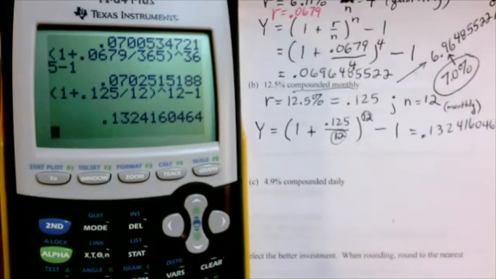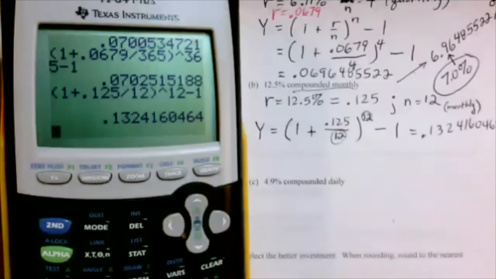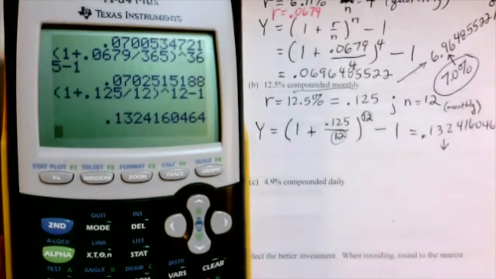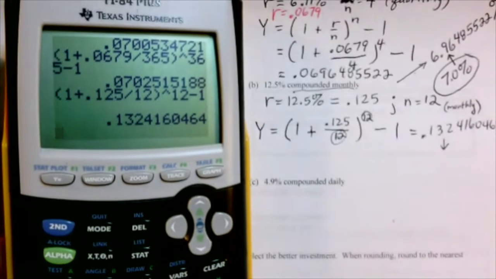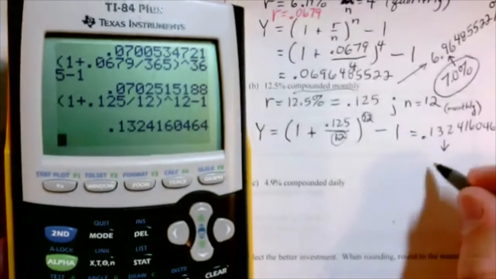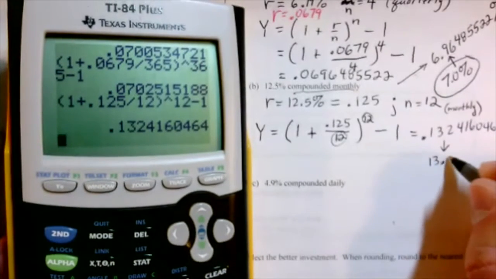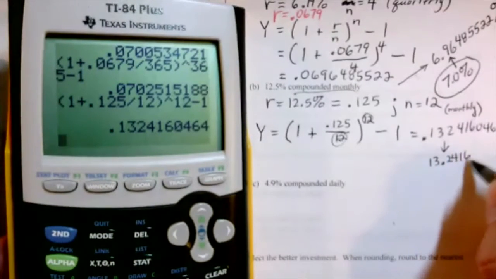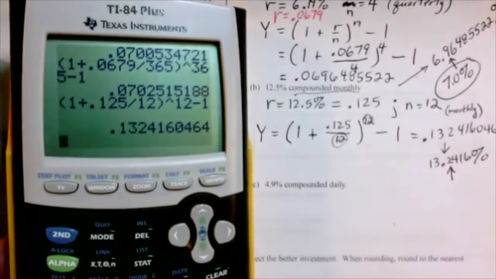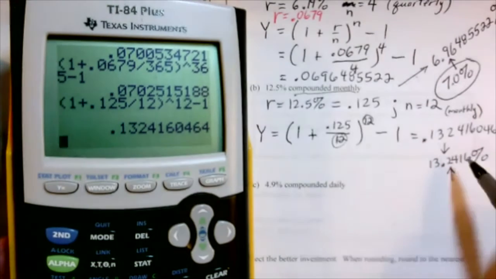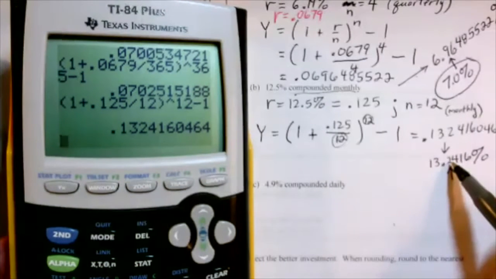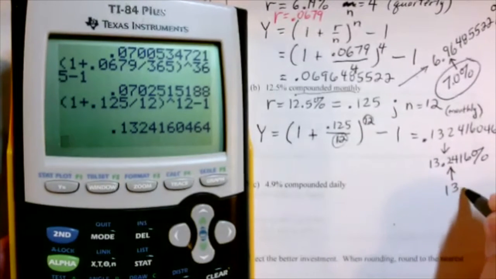All right, now remember, there's nobody going to be there that tells you that you have to convert this back to a percentage, but usually we want our interest rates. And Y is an interest rate. It's just kind of the annual simple interest rate. 13.2416%. And then if we round to the nearest tenth of 1%, right there, 4 is less than 5, so we round down, and we would get 13.2%